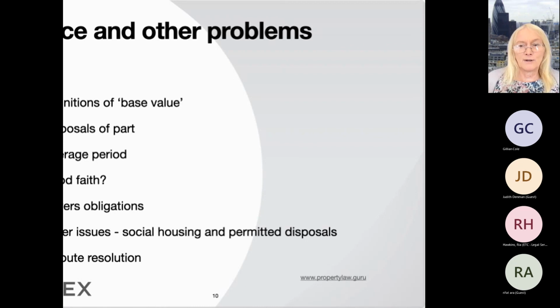Arbitration has the advantage of privacy. You don't wash your dirty washing in public, and it's an established system. The disadvantage is you haven't got the ability to subpoena people, like you have in courts, to make them come along and give evidence. Usually experts or mediation are what people go down the route of.